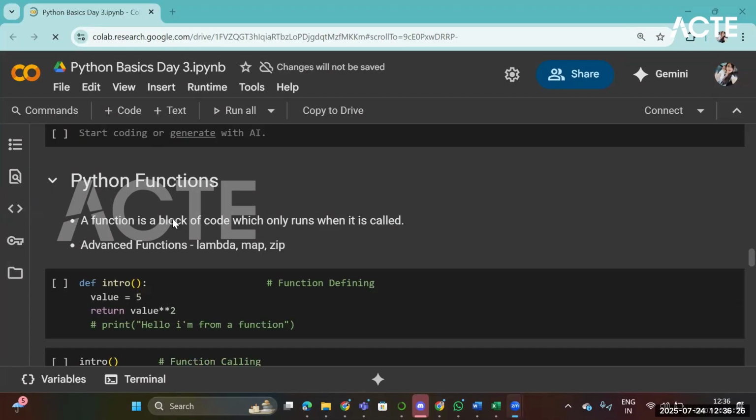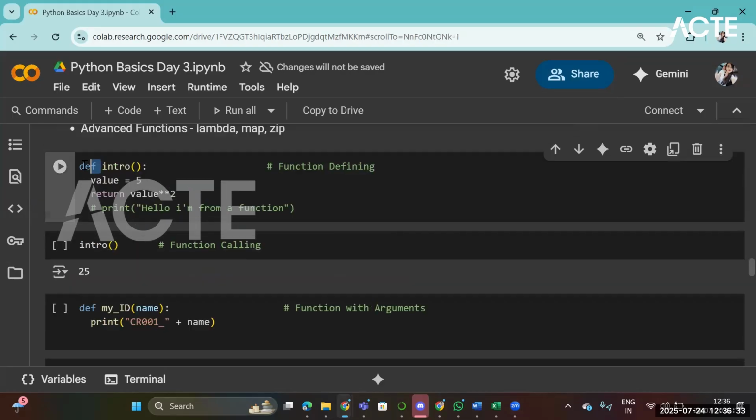A function is a block of code which runs when it is called. How it is done is, we use def, which is the keyword where you define your function. After def, we have to give the name of the function. Any name can be suggested. Only thing you need to remember is it is similar to